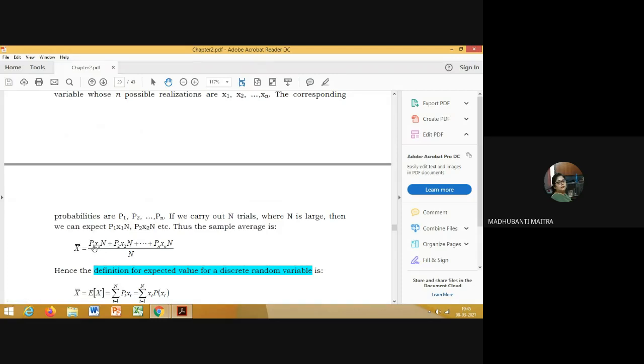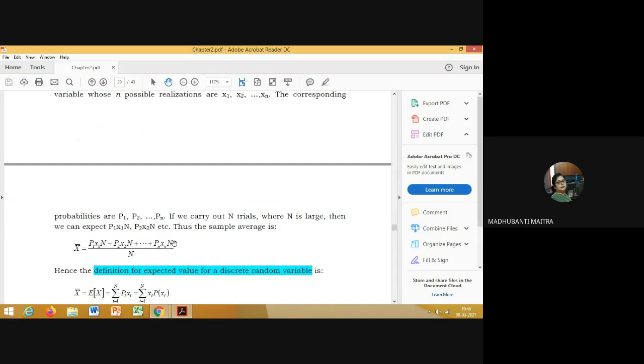So the occurrence of x1 will be given by p1 into n. Similarly, the occurrence of x2 is given by p2 into n. So let's sum up all these outcomes, that is p1 x1 n plus p2 x2 n plus ... pn xn n,